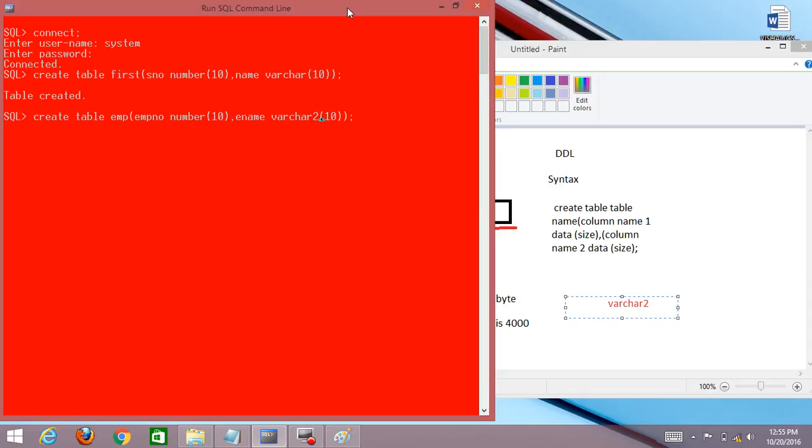If I enter a 5 digit name, then the remaining space is blank padding. It is unused memory. So I am using VARCHAR2. I enter a 10 digit value, it stores 10 digits. I enter a 5 digit value, there is no blank padding here.